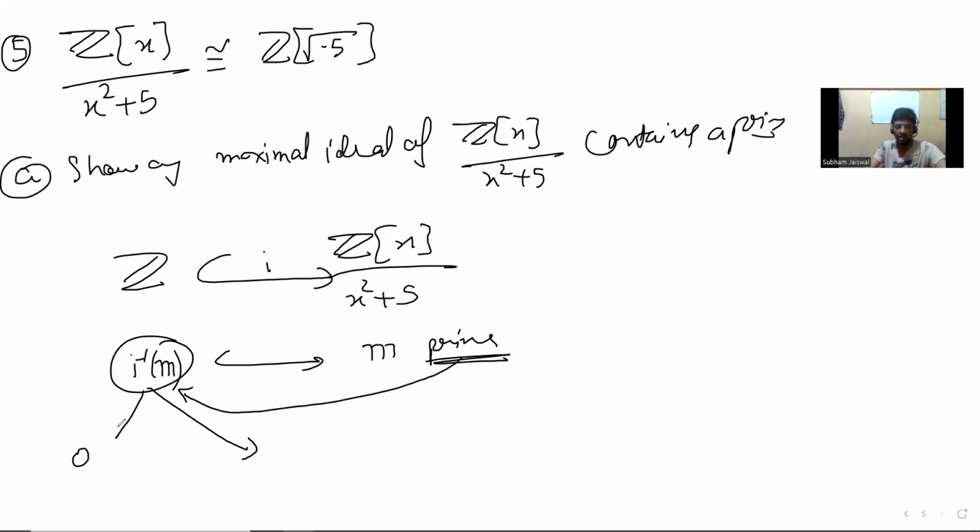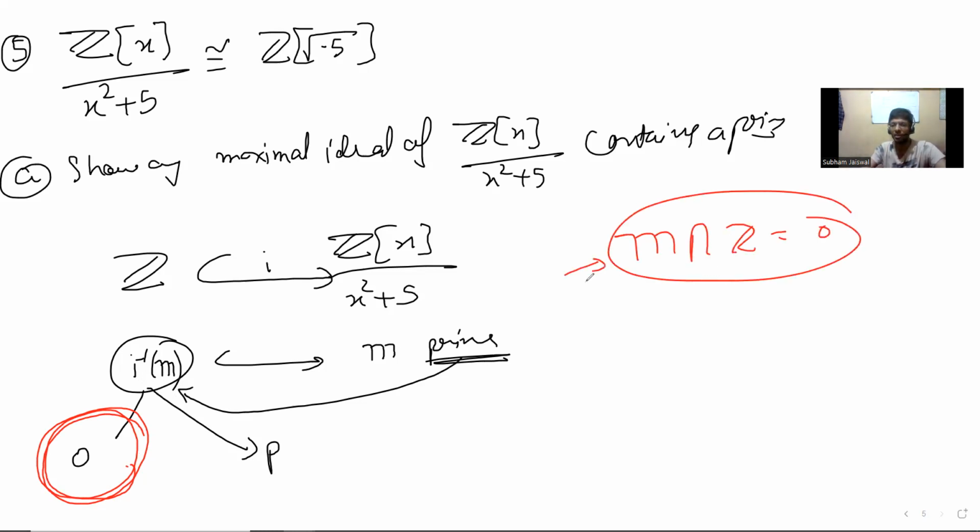That's not needed now. So when we have this thing, it basically means it's some prime P. But cutting it short a little bit, this really means that M does not have any integers, right? So this would mean that M intersection Z is equal to 0. But such a prime can obviously exist. You can have prime ideals like this. Obviously, you could have X. It's obviously a prime ideal, right? Which doesn't intersect with integers, but it cannot be maximal.